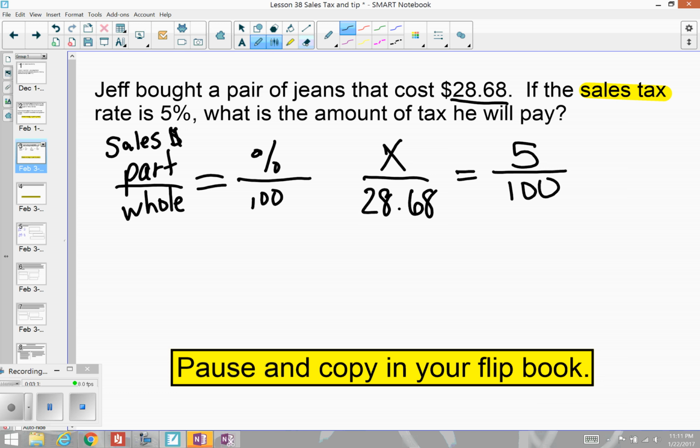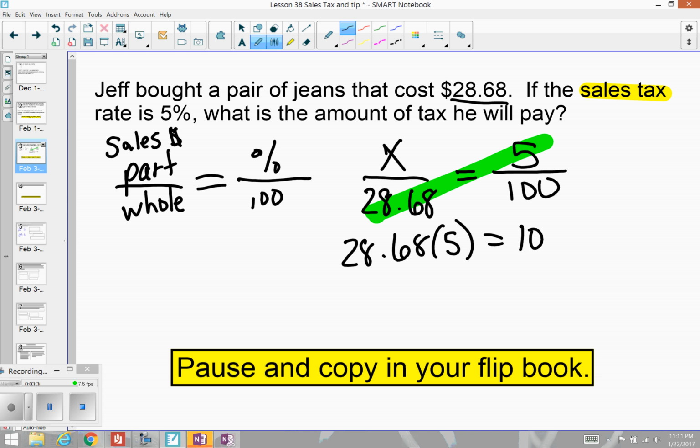So if you remember from our proportions unit that we've been practicing, we're going to multiply opposite values. So we're going to multiply 28.68 times 5. And then the other part is going to be 100x. And when we do that, if you pull out your calculator,